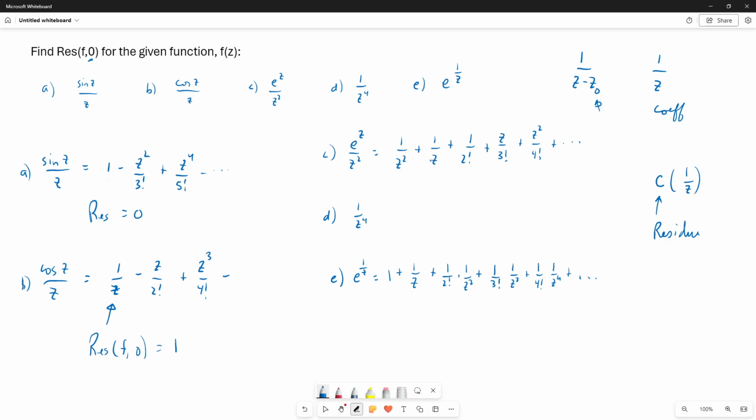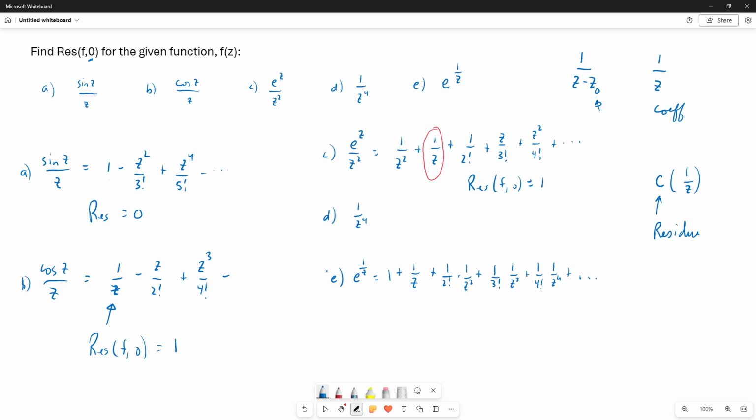Here we have two terms that have z in the denominator. We're interested in this one, and the coefficient of 1 over z here is also 1. So the residue of f at 0 in part C, with the function e to the z over z squared,